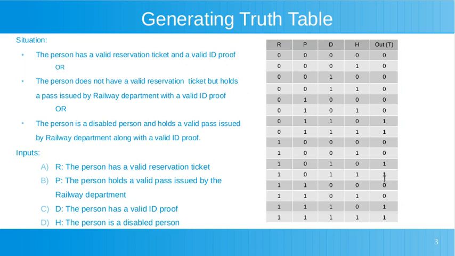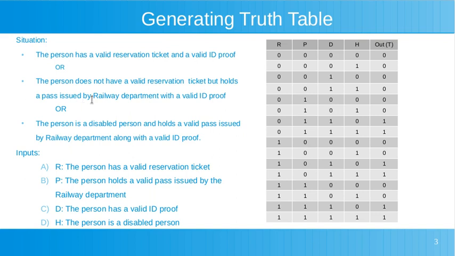Now to solve the output portion, we first have to see this situation. The person has a valid reservation ticket and a valid ID proof. So the person has a valid reservation ticket means R will be 1 and a valid ID proof means D equal to 1. So R equal to 1 and D equal to 1 in these 4 cases, R equal to 1 and D equal to 1. So these 4 we get. Or the person does not have a valid reservation ticket, means these 8 combinations,